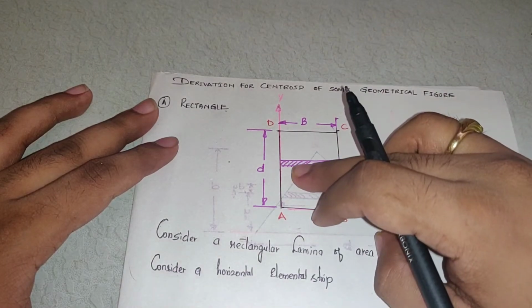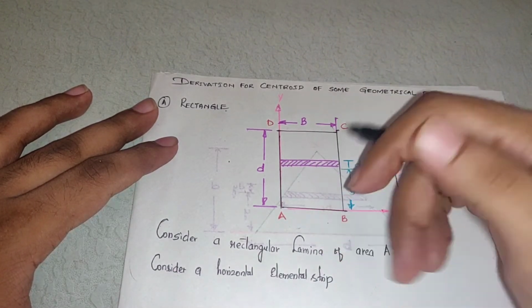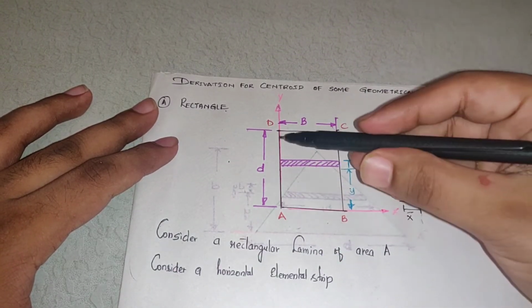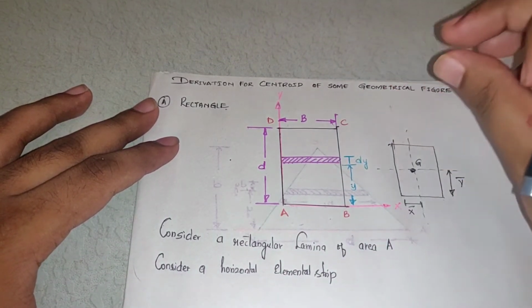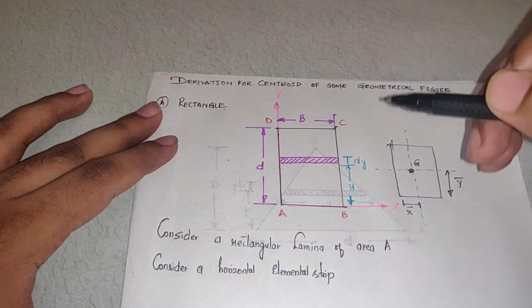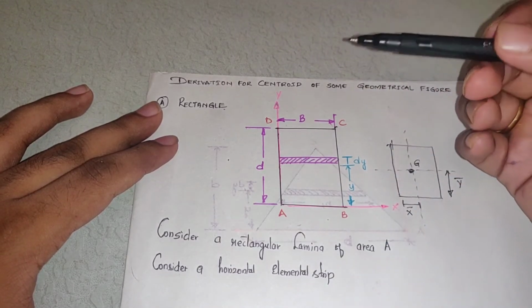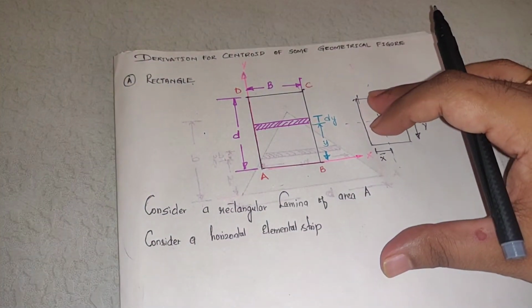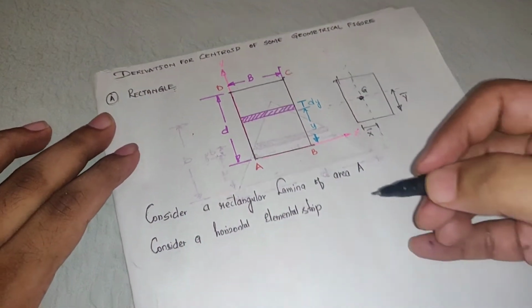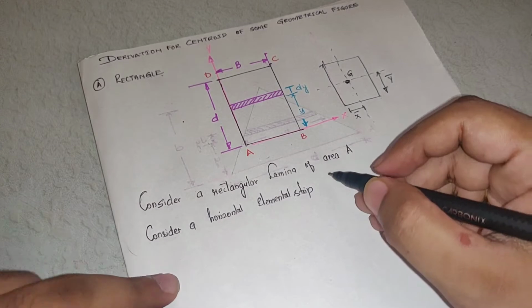Like this elemental strip, there are a number of elemental strips arranged from this 0 point to the D point. So I'll take one elemental strip, find its centroid, and multiply with the total depth, then I'll get the centroid of the complete rectangle. For that reason I'm considering the elemental strip. Now consider a horizontal elemental strip